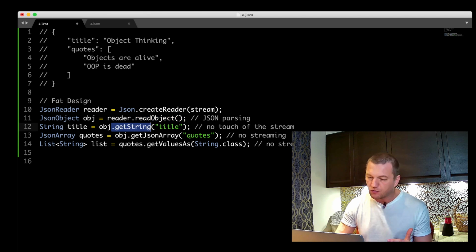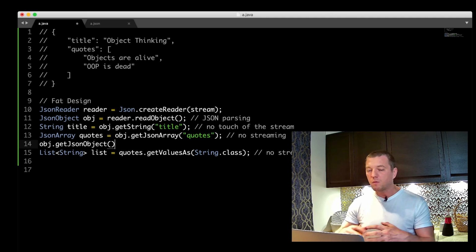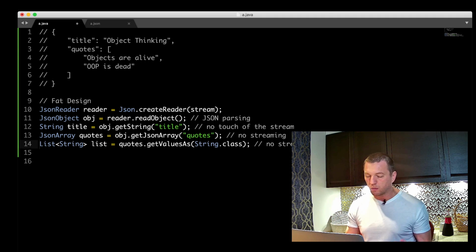We give them getString, we give them getJSONArray, we also can give them getJSONObject, so it also exists there. And if we would need more in the future, we will also need to put it there in the object. So the object is coming in a fat way. It's coming with everything together, with everything implemented already. So the object has all the possible access points for the future. It is possible to create a different design. Let's call it skinny design,